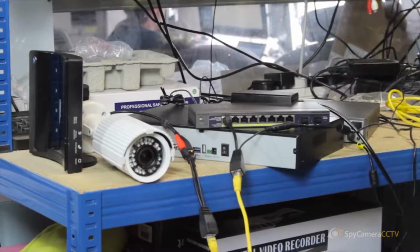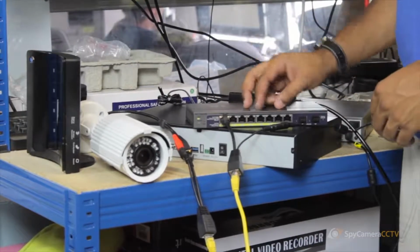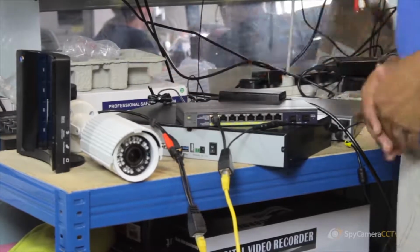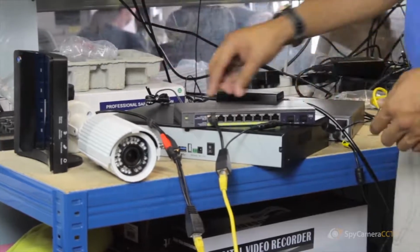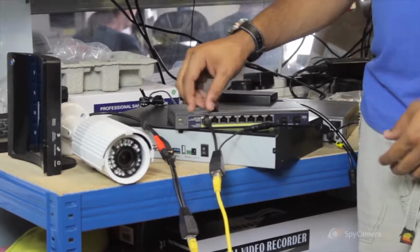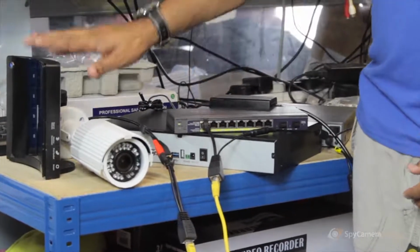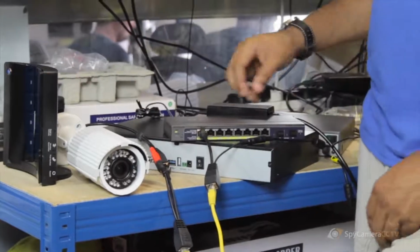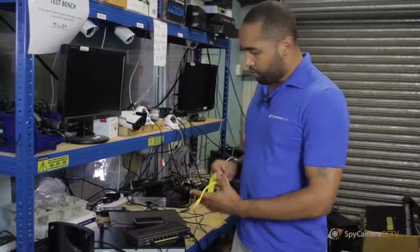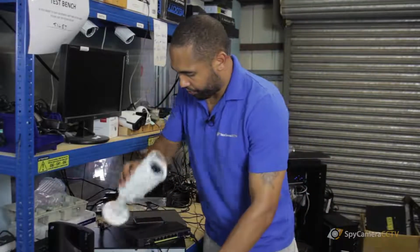Again, you don't have to use PoE cameras on a PoE switch. You can use normal IP cameras on a switch as well. So the switch will still take a video feed from it and then carry it through into your router. So as you see, I've got my camera connected into the switch. What you then have is